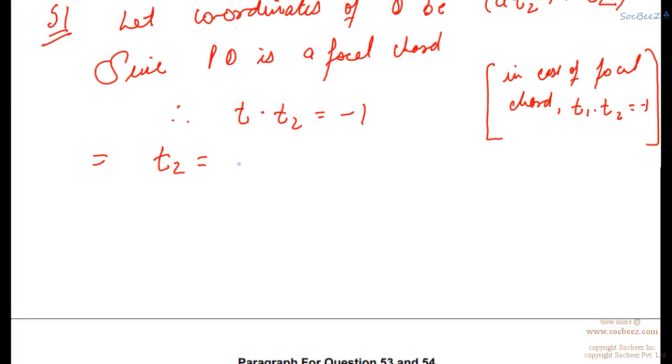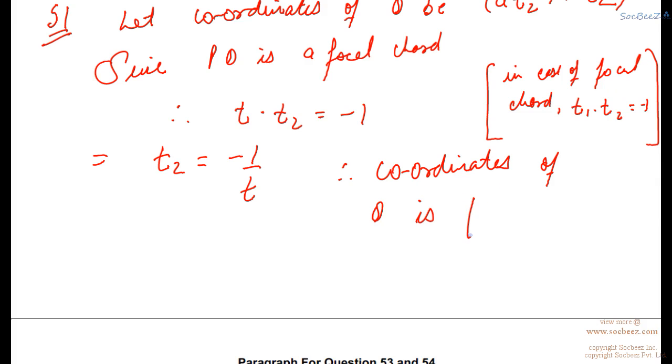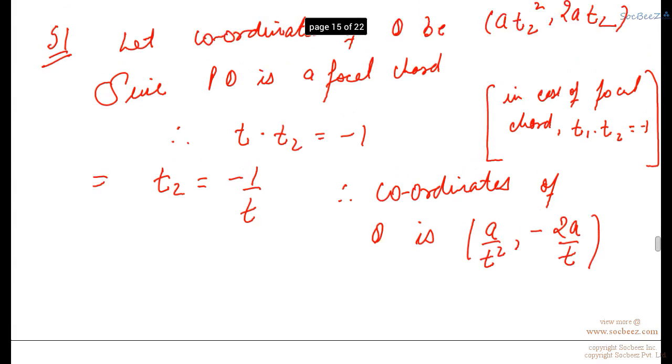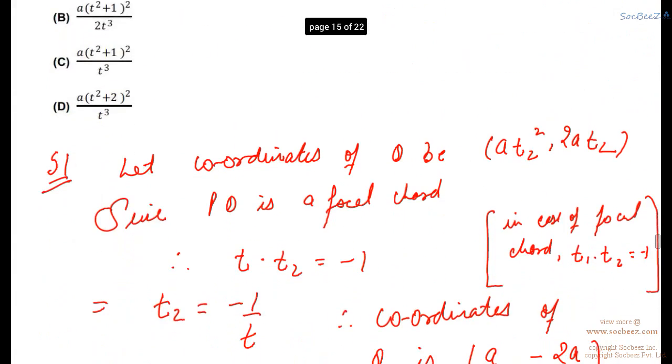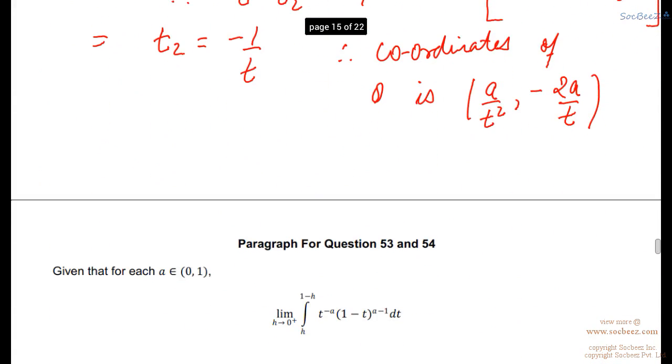This gives us t2 equals minus 1 upon t. So therefore, the coordinates of Q are a upon t square, minus 2a upon t. Okay, this is what we have written here, a upon t square, minus 2a upon t, right? Okay, so now